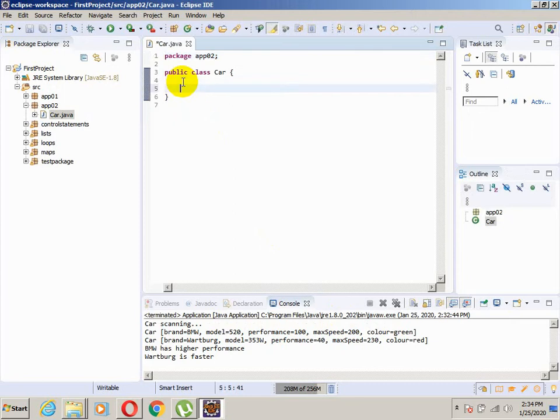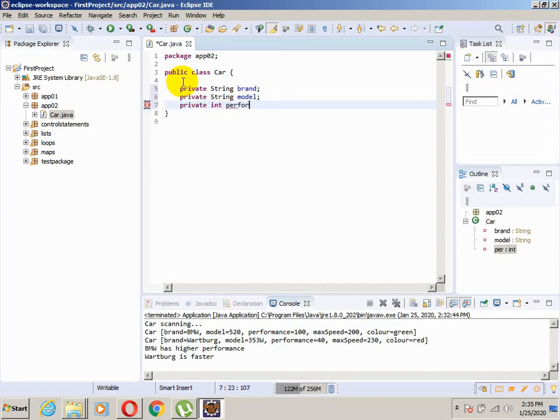And we need some values here. It will be a private String brand, private String model, and we will have a private integer, which will be performance. Also we will add some more values. It will be an integer, kilometers driven,